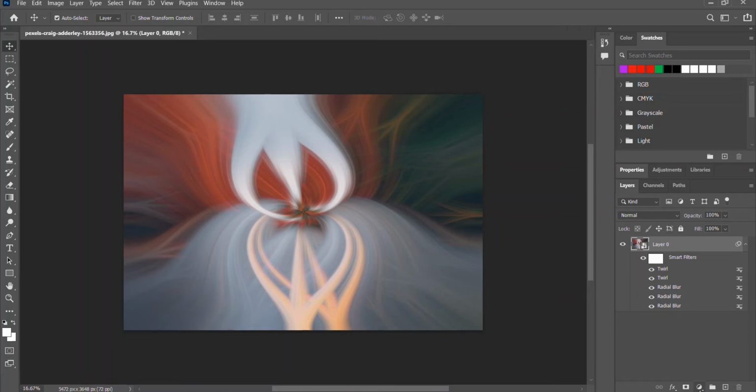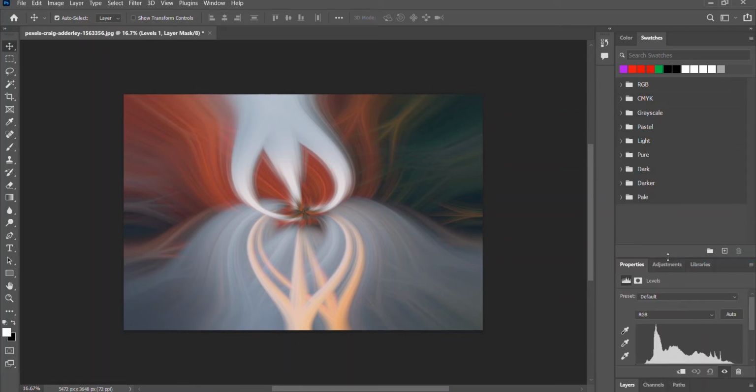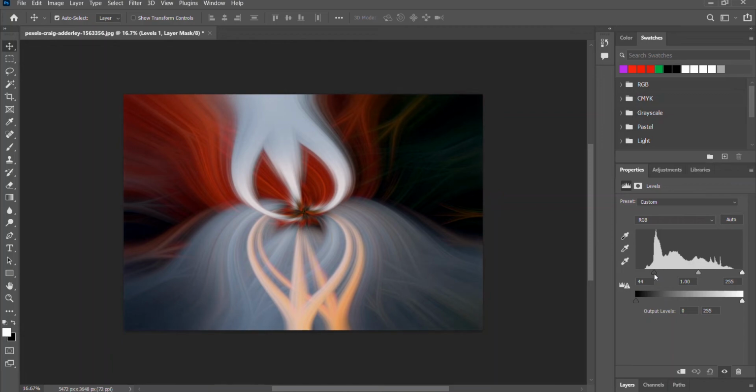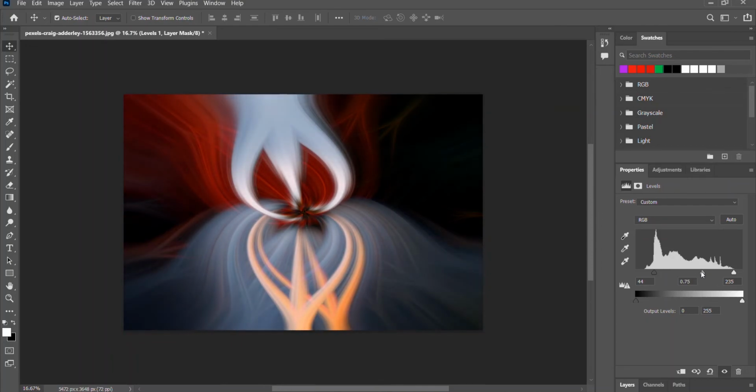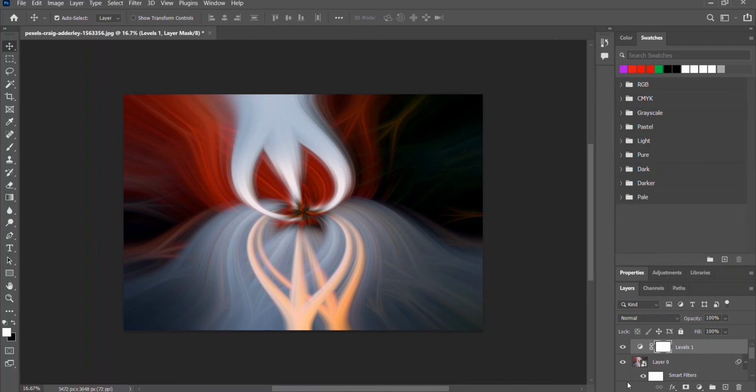Now click on this icon and choose Levels. Again adjust the panel and then drag these points. So the first point will give us details of more of darker color. Drag a little bit up and play with the middle line until you get your desired photo. And then after it, click on Layers